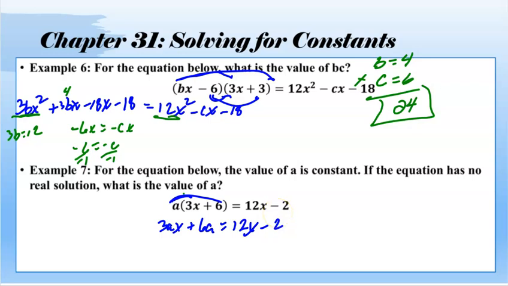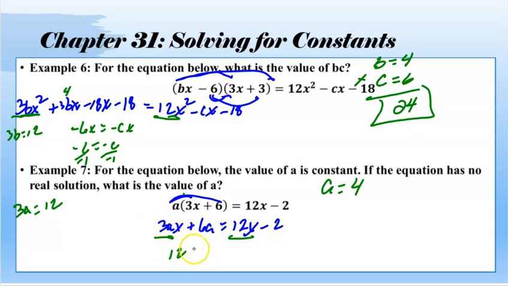Now if I put the like terms equal to each other, so our x terms equal to each other, I'm left with 3a equaling 12. That means a is going to give us an answer of 4. And for this to not have any real solutions, the coefficient with our x's have to be the same. So this is going to give us 12x